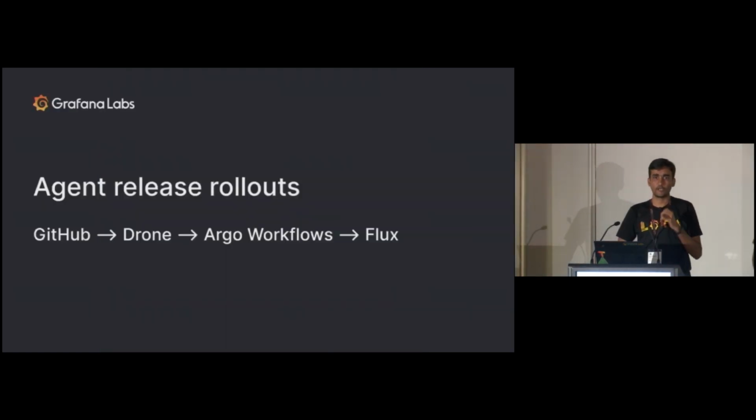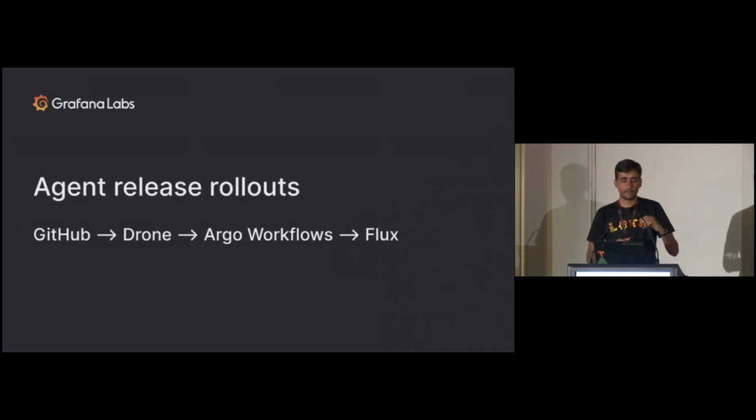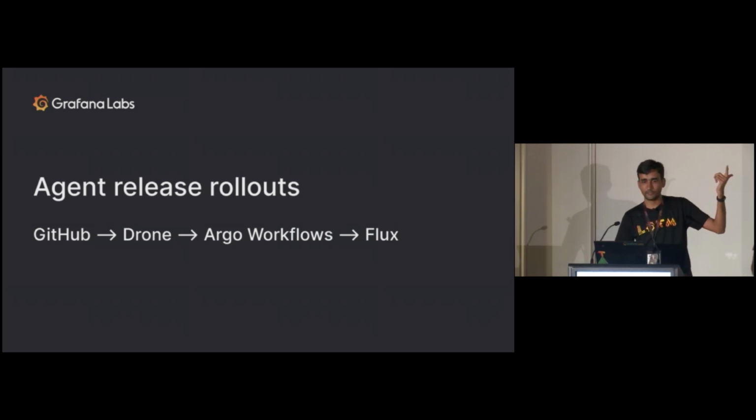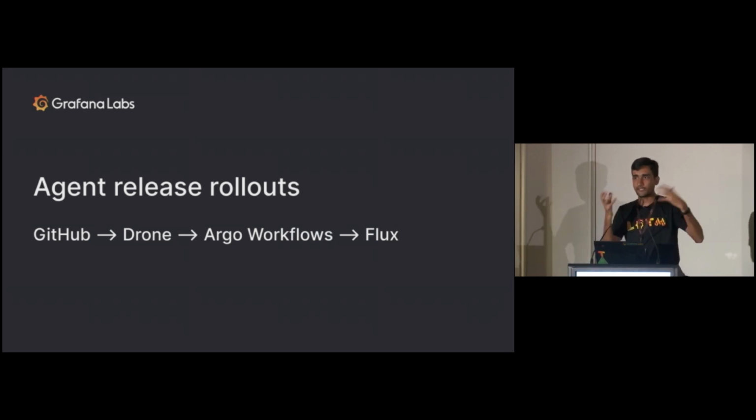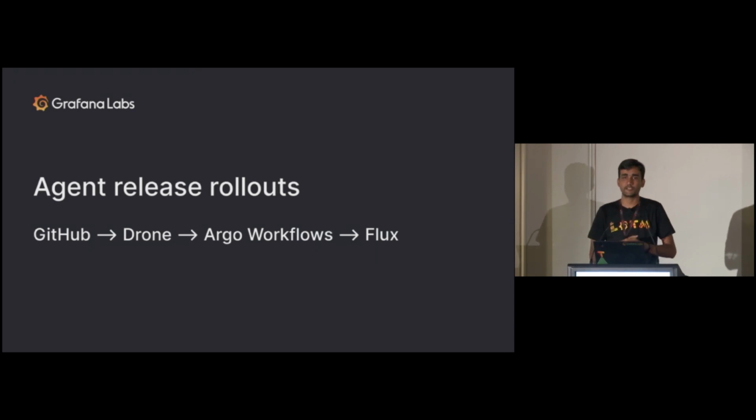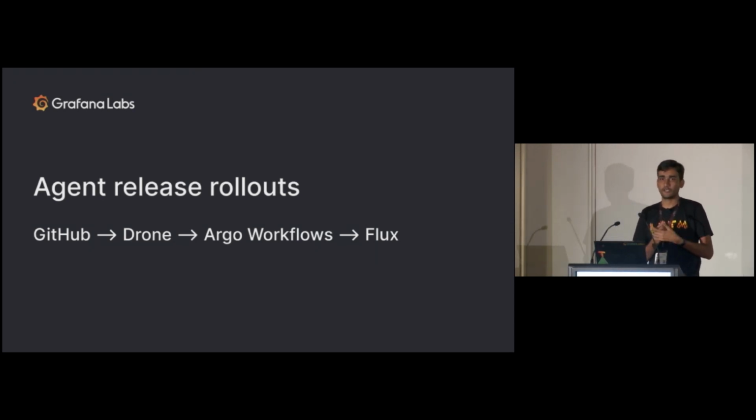So now rollouts. Before, the rollouts used to be you destroy a VM, recreate a VM, IP changes, everything happens. Now the rollouts are simple. The cluster is stable. It has a fixed set of IPs. We can advertise that, and our customers can use that in their allow list. And we can just push a tag on GitHub that will spin up Drone, build images, push those images, and kick off an Argo workflow. And that Argo workflow spins out parallel